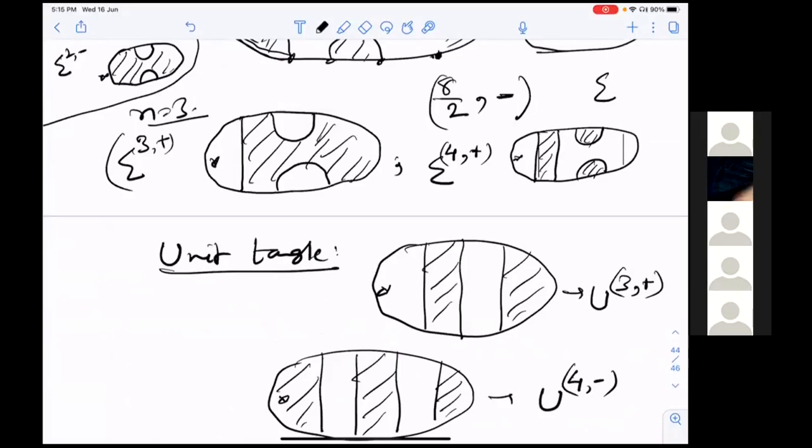A priori, this will be different because the color is different. As a tangle, these are different. So when we describe planar algebra, we'll see that these are basically the same. But for now these are different, of course, because if you draw a line here, this line, then this is 5 plus. This is no longer a 4 plus triangle. So these are different triangles.